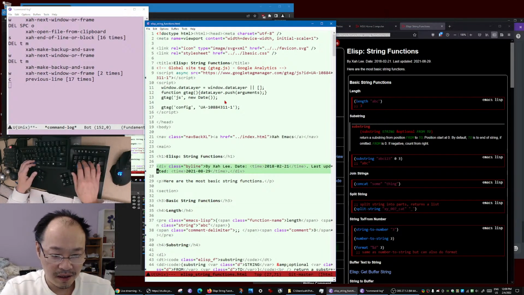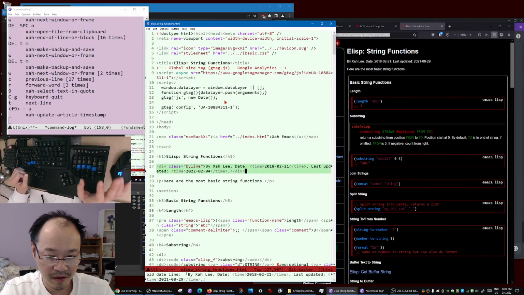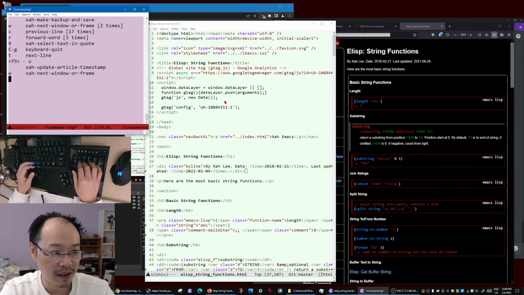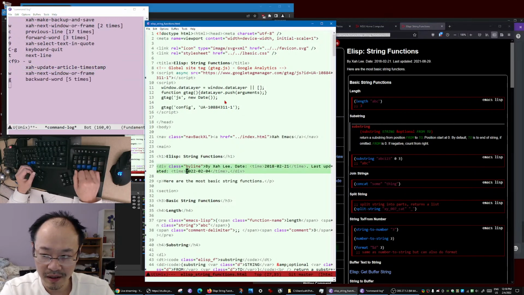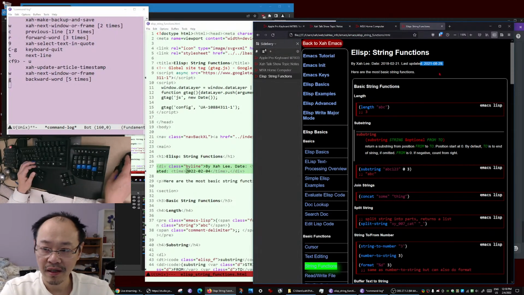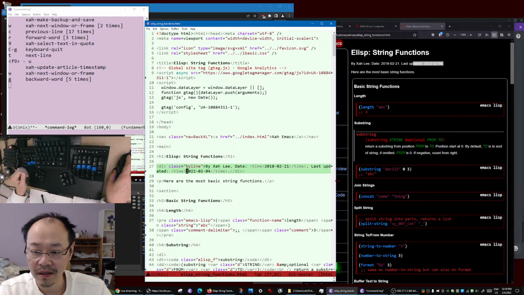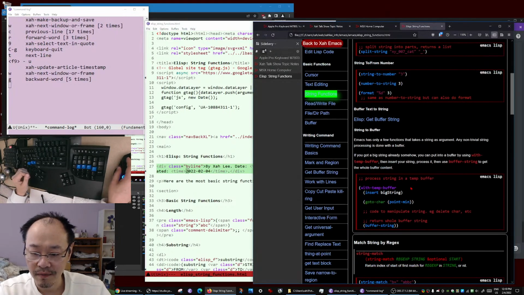You can see here is the date 2021 August 29, and I want to update it to today, so I press a key that calls a command, my personal command, xah-update-article-timestamp. So you can see now the date is 2022 February 4th, today's date, and you can see in the browser it's not refreshed yet. Let's magnify. Now refresh. Now you can see that's today's date. So we fixed the date, we made a backup, and let's start to